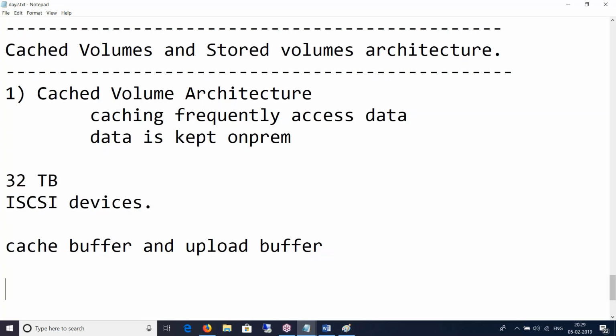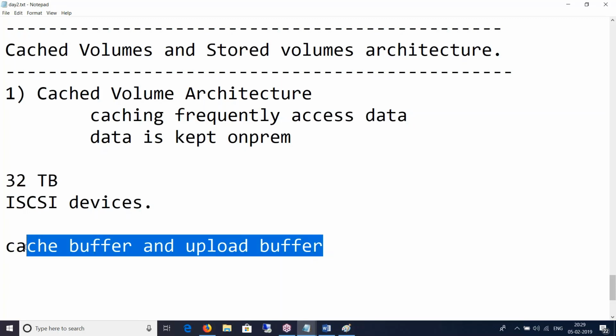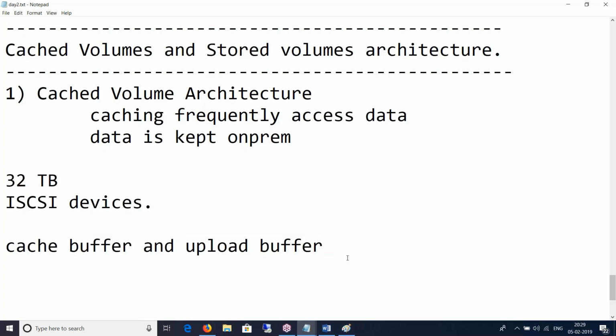There are two components of it, the cache buffer and the upload buffer.